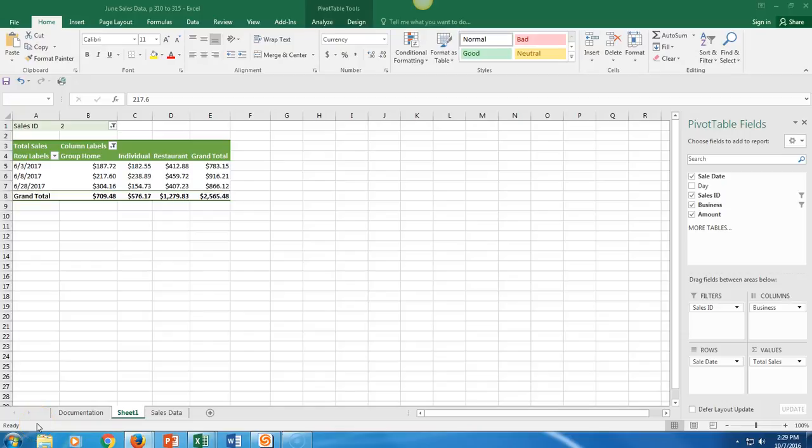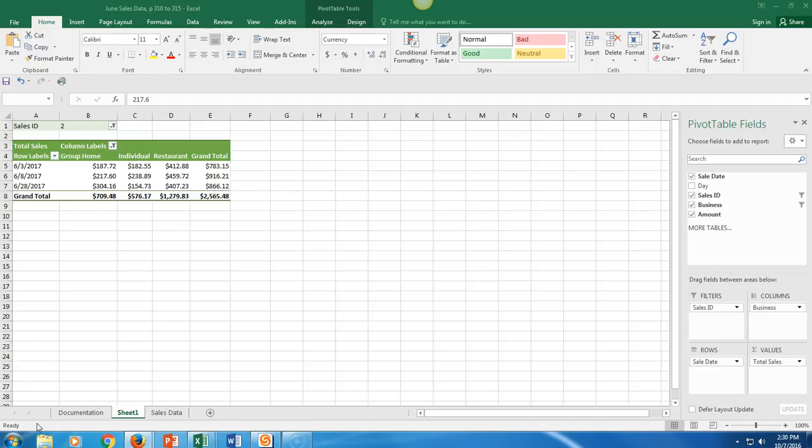Excel 2016, Chapter 5, pages 310 through 315. Okay, on page 310, just read briefly about creating a slicer to filter a pivot table. We've worked with slicers before, so you know what one is, so it'll just take you a quick second to go over that. To add the Sales ID slicer to the pivot table, step number 1, on the ribbon, click